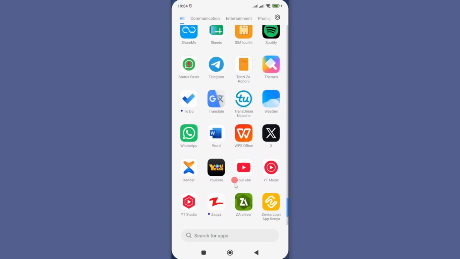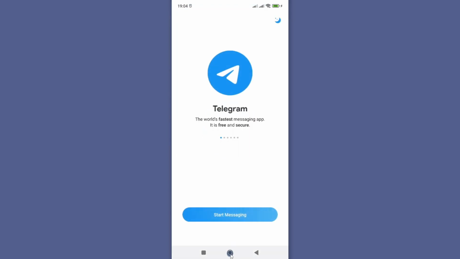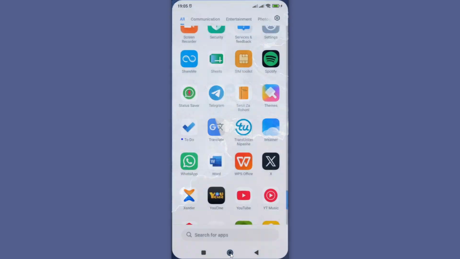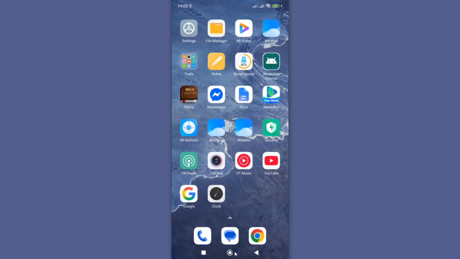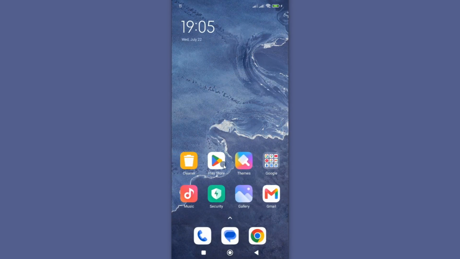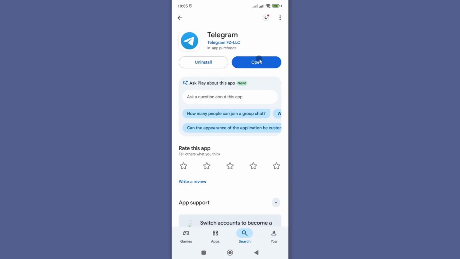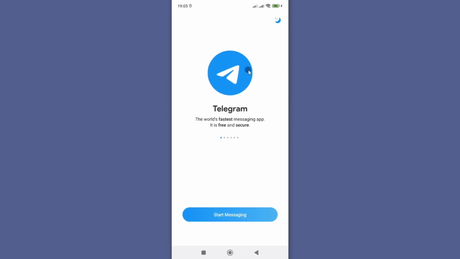However, at this point, if you still can't place or make calls, then check and see if we have any update or any new version of your Telegram app. For that, just go to Google Play Store if you're on Android like me, or App Store if you're on iPhone. Here, search for your Telegram app and update it to the latest version. By doing this, now you should have the latest version of Telegram and you should be able to connect with